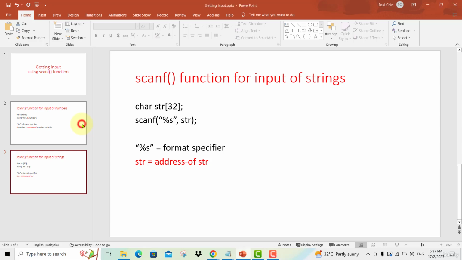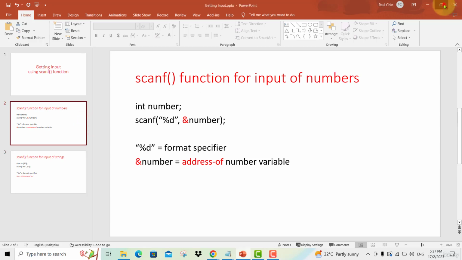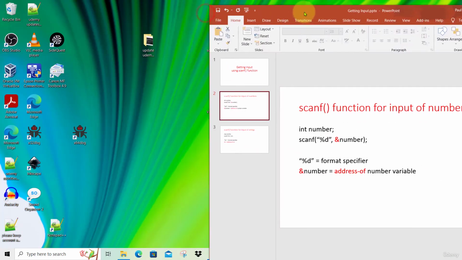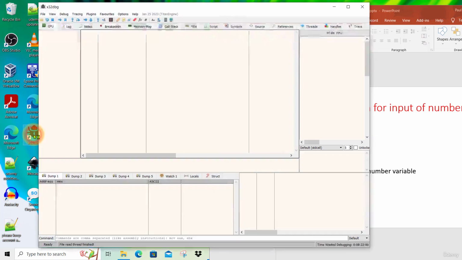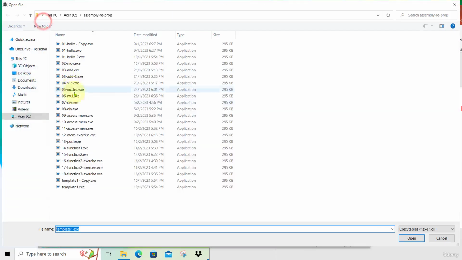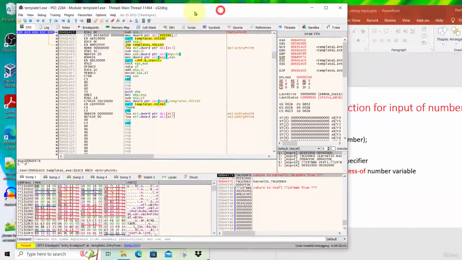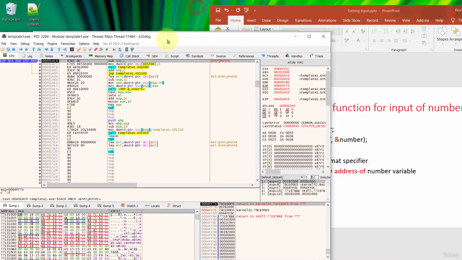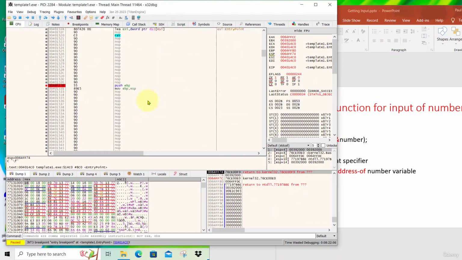So now let us try to implement this in assembly. Let's push this to one side and open up your XDBG. Open the template 1 and put your cursor here.